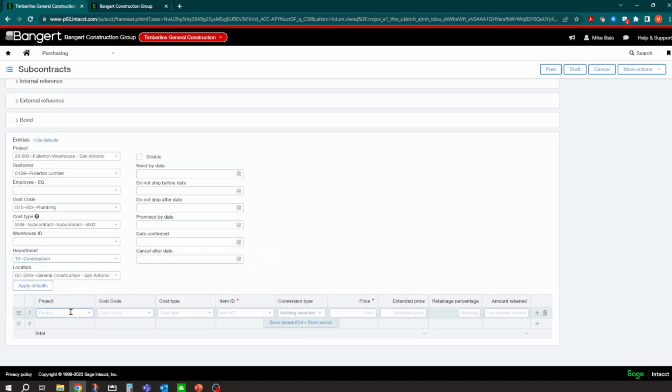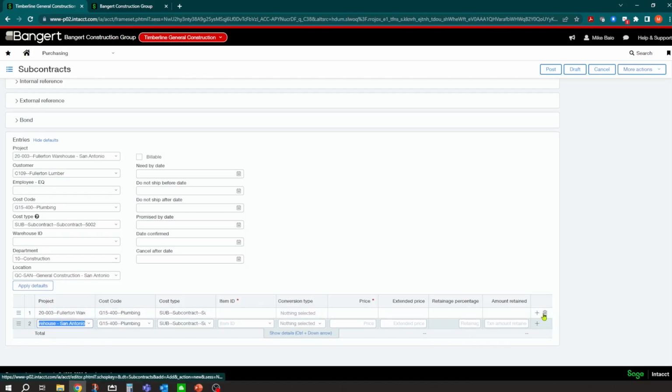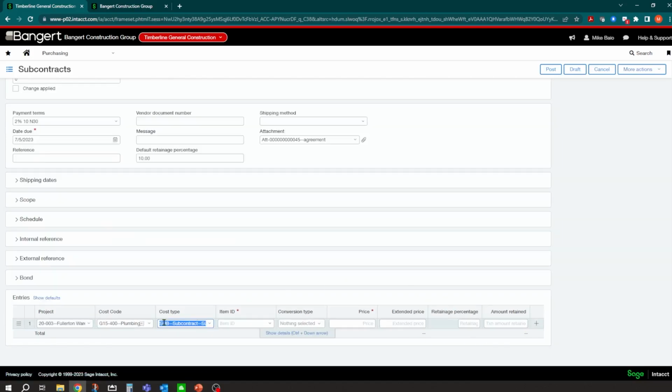So when you come down to here, I could just say apply defaults, and you'll notice now it pre-fills that information in. Now, if it's one line, it's not worth going in and saying default, but this might pertain more to a purchase order. But if you have a lot of lines, you can have that pre-fill in, and then you don't have to do that. Okay, so I'm just going to get these out because I'm just going to key it in manually. Delete that.